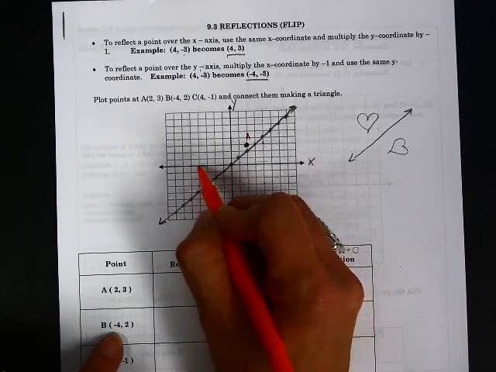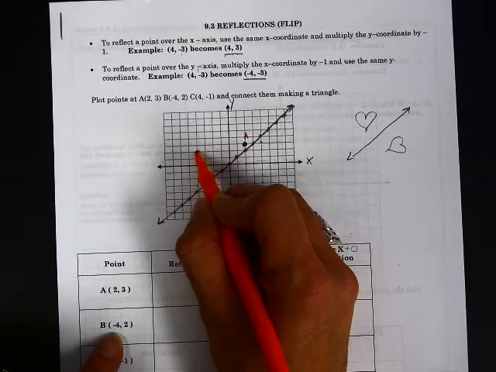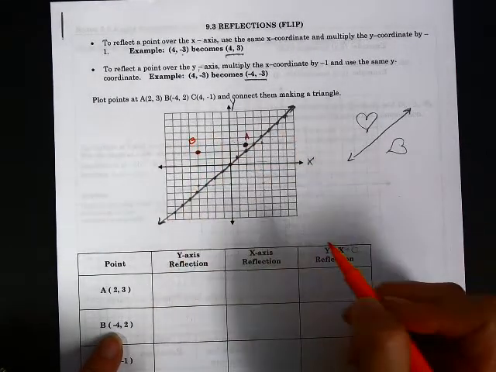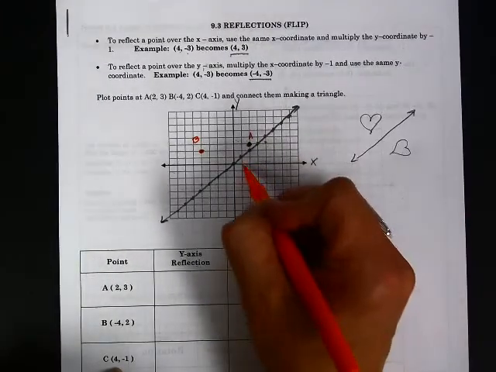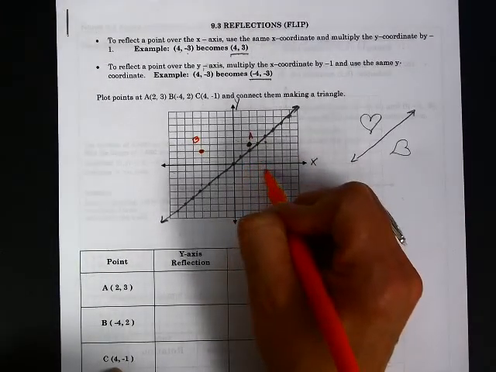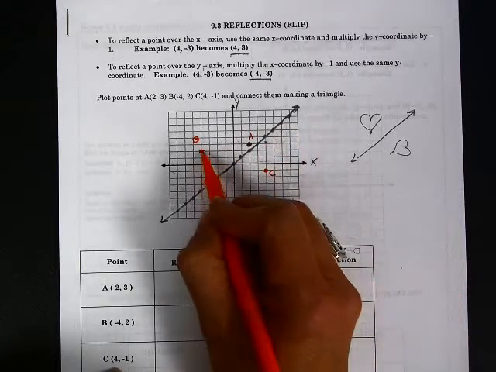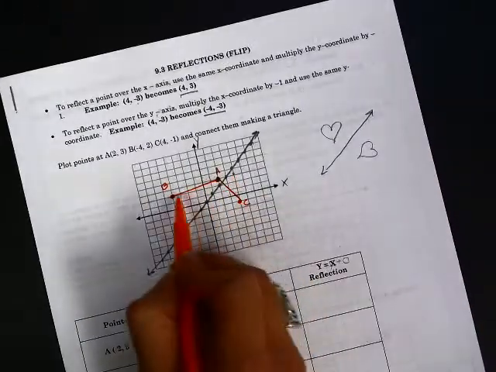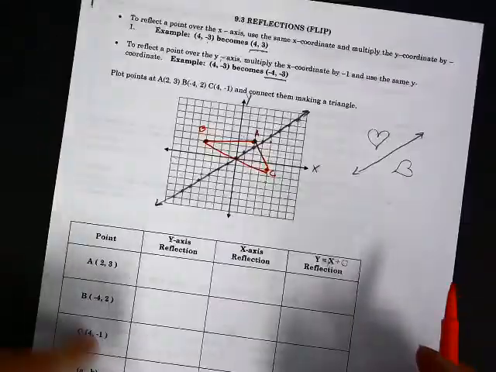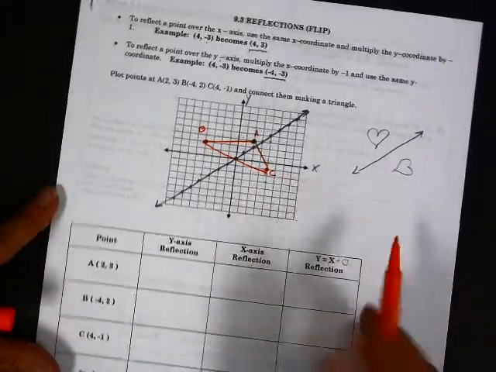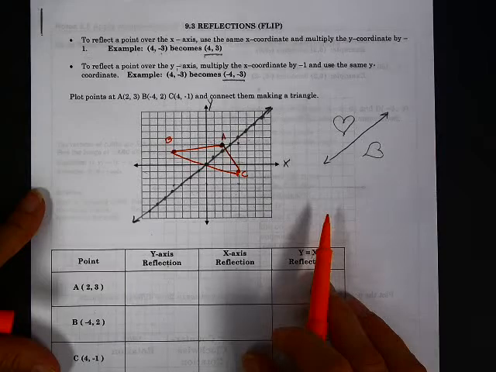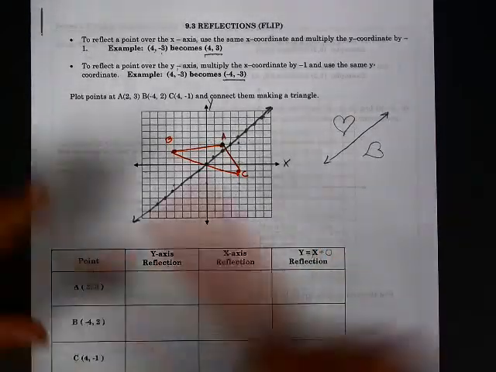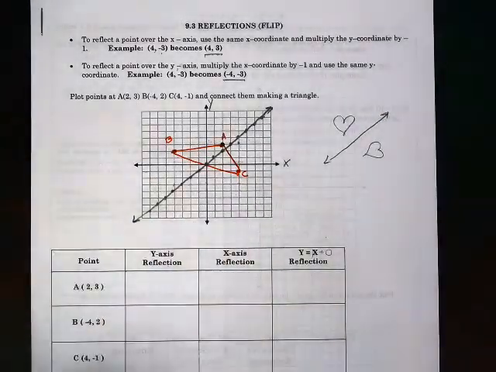And let's go ahead and do original point B. (-4, 2): 1, 2, 3, 4, 1, 2. There's B. And then (4, -1): 1, 2, 3, 4, -1. That's point C. And that's my original image, and that is horrible. I should have connected that line a little bit better there. All right, so now I'm going to reflect